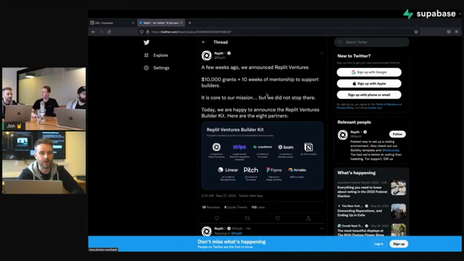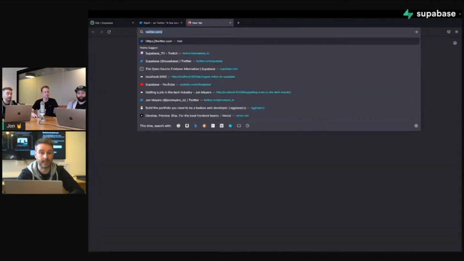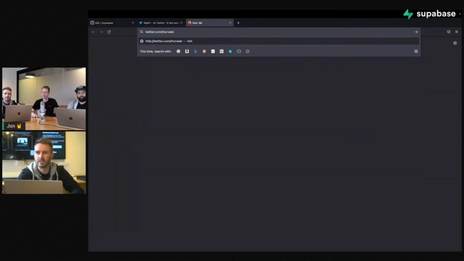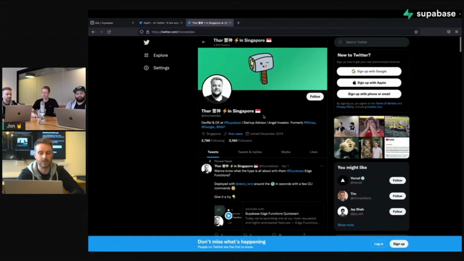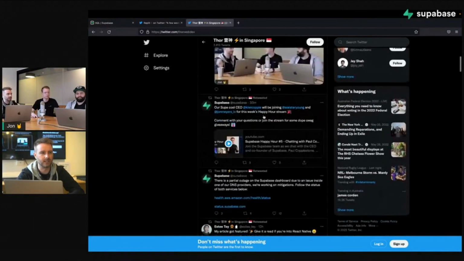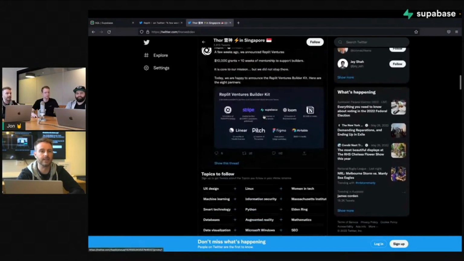For those who don't know what Replit is, a REPL is kind of like a live coding environment, and Replit basically make it super easy to get started with coding. I think their goal is to bring the next billion developers online, which is an awesome mission. You can literally launch a dev environment inside the browser, and then it's collaborative.